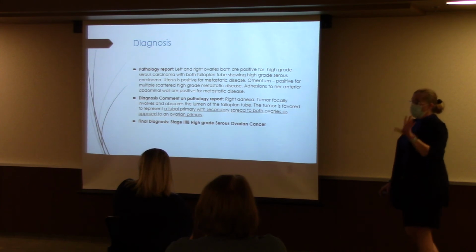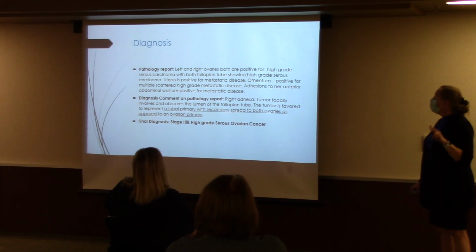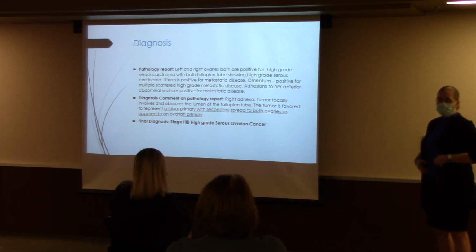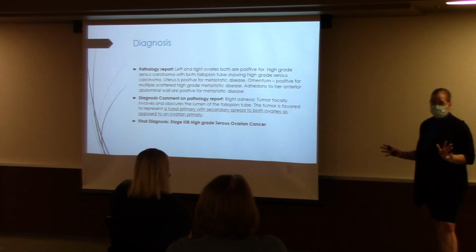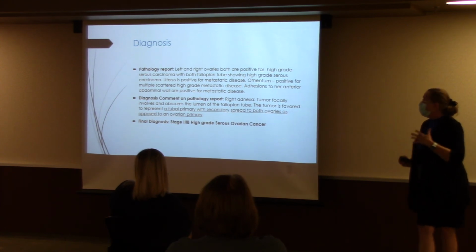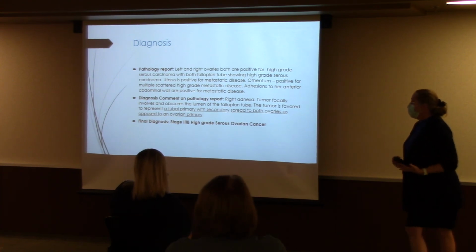Her pathology, this is where it gets interesting, shows left and right ovaries both positive for high-grade serous carcinoma, with both fallopian tubes showing high-grade serous carcinoma. Uterus is positive for metastatic disease. Omentum, which again is this fatty little thing that protects everything in here. This is why we all have these little pouches, it's because of our omentum. That's the funny thing. Her omentum is positive for metastatic disease in multiple areas. She has adhesions, that kind of scar tissue or spiderweb stuff, to her anterior abdominal wall, positive